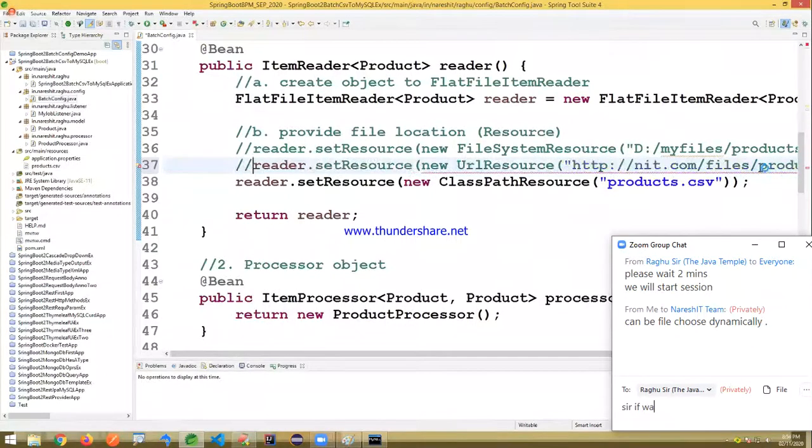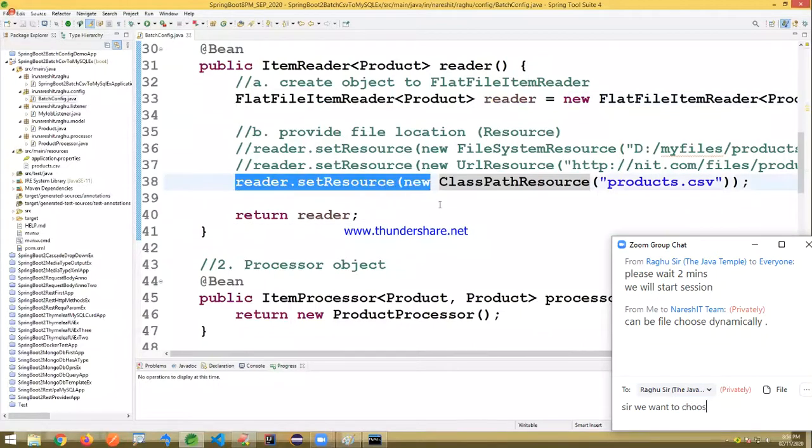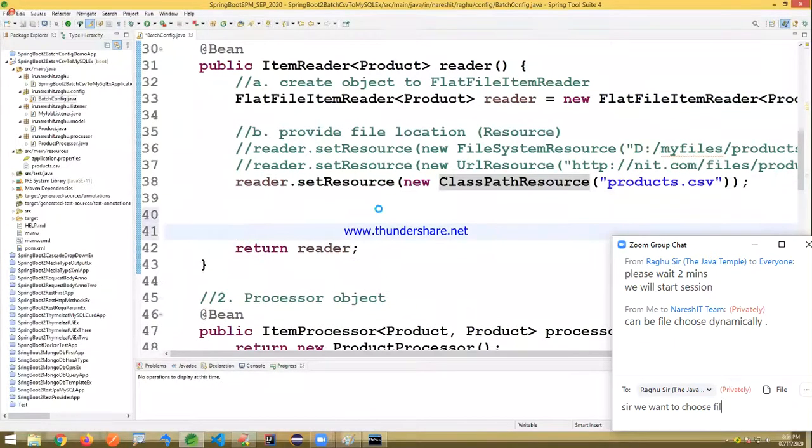There I'm writing. Of course, it will throw an error here. It's a new URL we have to pass like this, based on your resource here, class path resource. Observe carefully. This is object creation and it's a method calling. Hope you are able to see clearly. This is object creation and method calling.